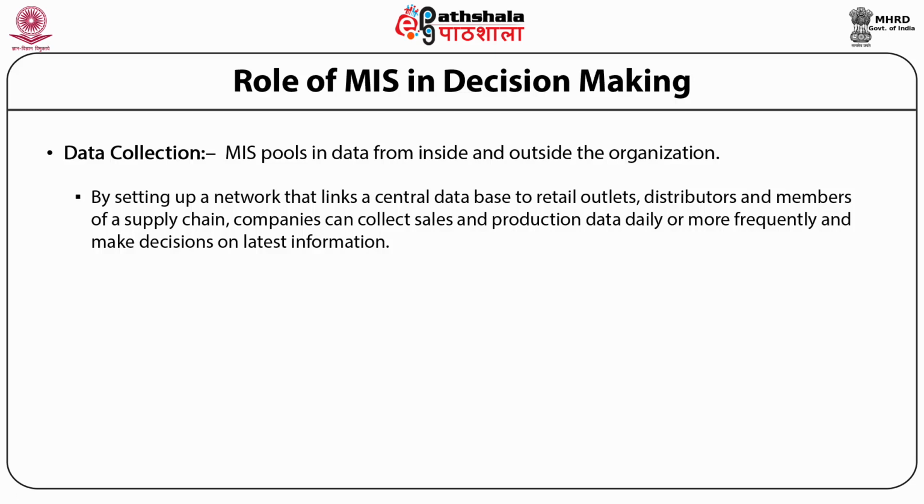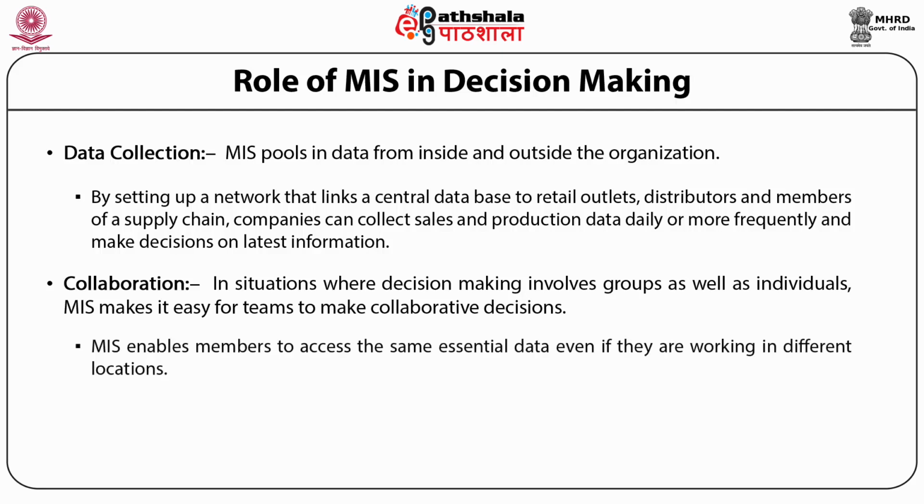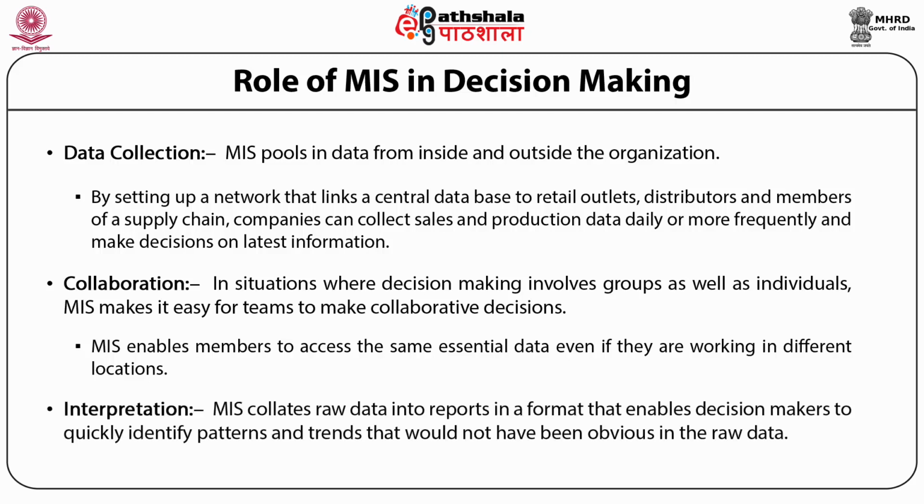Companies can collect sales and production data daily or more frequently and make decisions on the latest information. Collaboration. In situations where decision making involves groups as well as individuals, a management information system makes it easy for teams to make collaborative decisions. A management information system enables members to access the same essential data even if they are working in different locations. Interpretation. The management information system collates raw data into reports in a format that enables decision makers